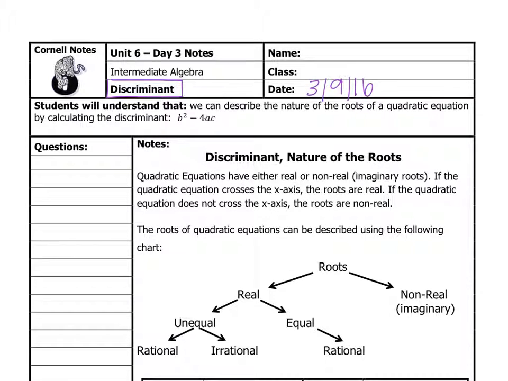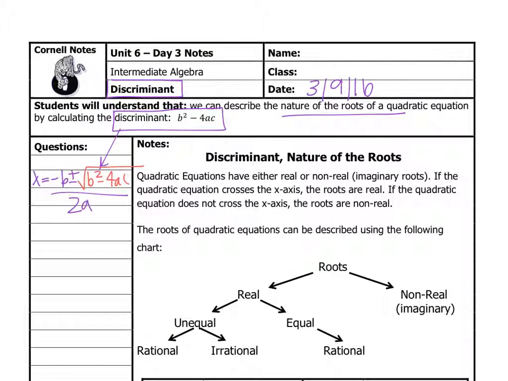So today we're going to be describing the nature of the roots of a quadratic equation by calculating the discriminant, which is b squared minus 4ac. Now that should be familiar to you because it comes from your quadratic formula. X equals negative b plus or minus the square root of b squared minus 4ac, all over 2a. So again, we're calculating the discriminant, b squared minus 4ac, to help us determine if roots are real or